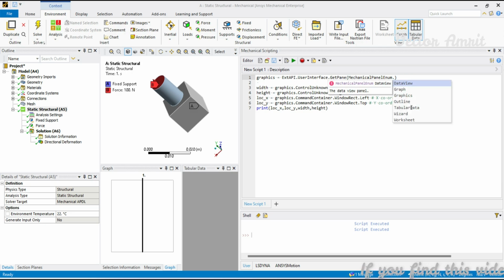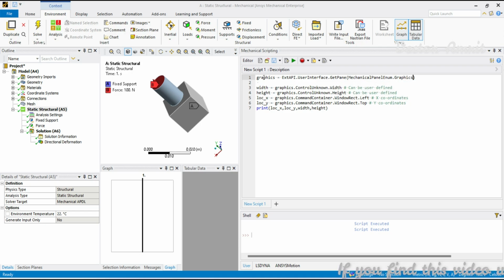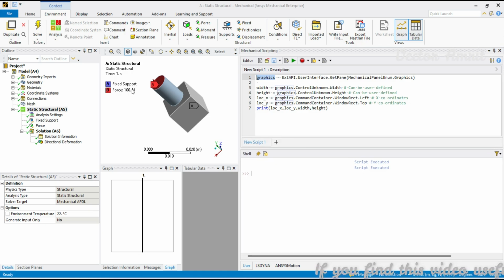So what are the other panes you have? We have graph, we have tabular data, we have worksheet as well. Right now, today, we are working on graphics. I will capture that in a variable called graphics. Now here, what are the things we need to find? First, the graph in this graphics pane, I need to find the